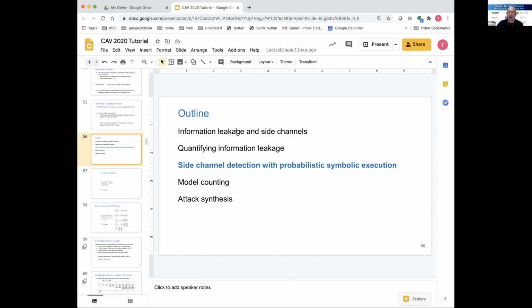If I show you an attack, an exploit, a sequence of inputs that steals the secret, then the proof is in the pudding. I don't have to argue; I tell you the number of steps and here is how I got your secret.